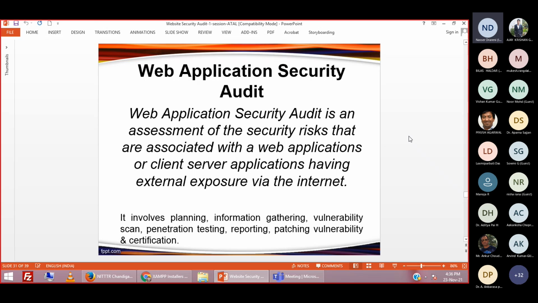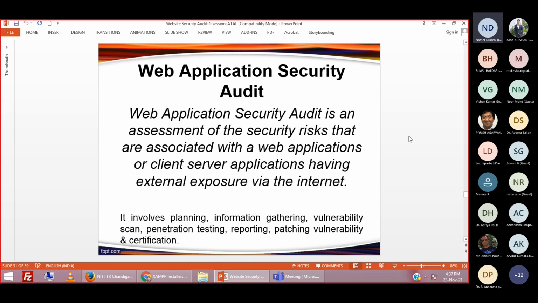So yesterday the expert was discussing this. He has definitely discussed web application security audit. So here I am going to explain in my context what a website application security audit is. Basically, audit is for all IT applications. IT audit means you can conduct a security audit for your IT application and your IT infrastructure also, right? But I am talking only about web applications.